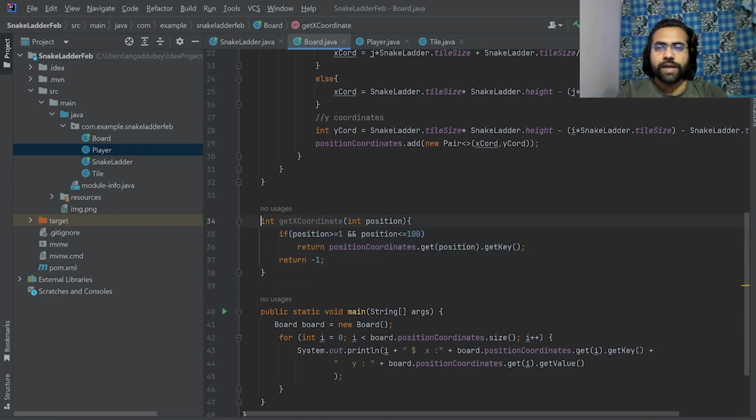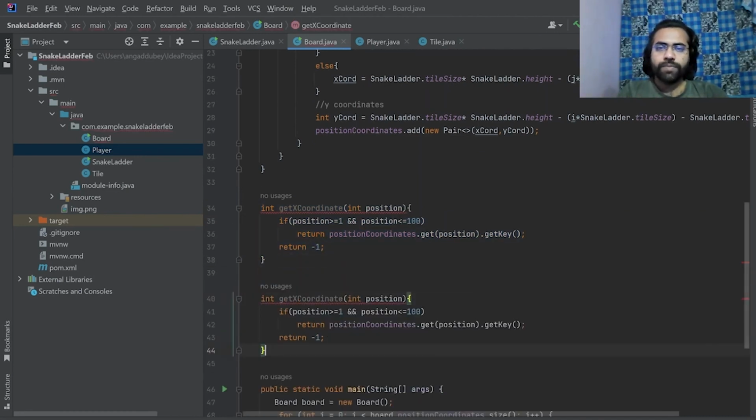So this is for x, and similarly we will have one for y, but for y we will be returning the value. So get y coordinate and position, and here I'll say get value. So I have written code to get the x coordinate and y coordinate,